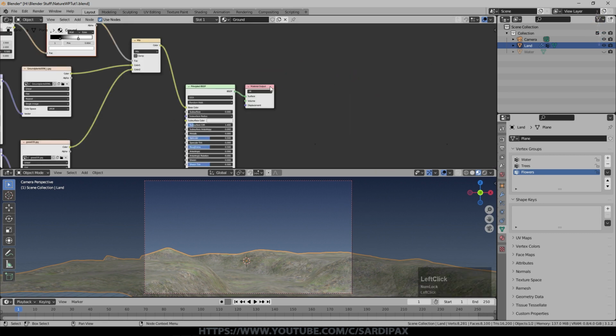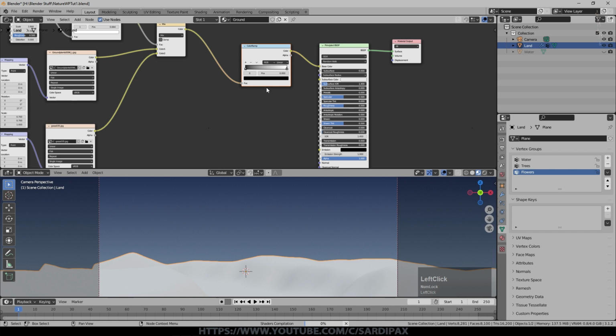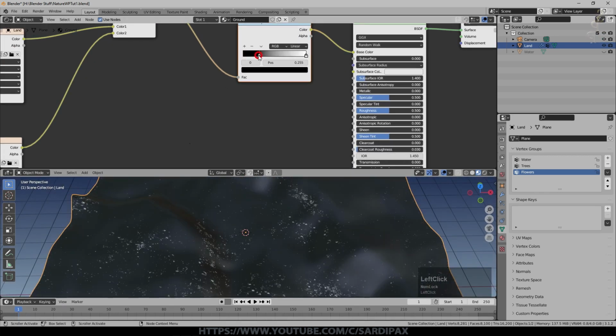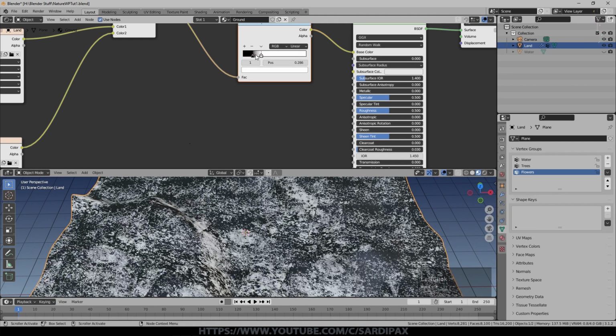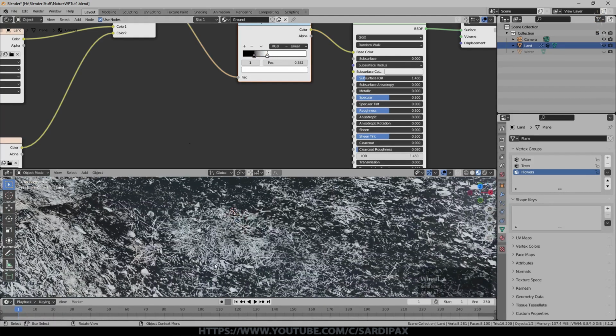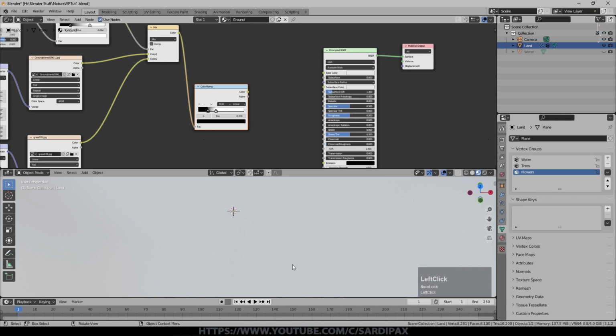So that's given us a basic color, but we need a bit of texture on the ground as well. So I'm going to add another color ramp and just put that in there for a moment. That will turn it black and white. And then I'm going to narrow these points in, and I'm really just looking to select for parts of the texture that I think will give me interesting bumps and lumps. So if we zoom in on that, you can see we've got bits of grass or pine needles, whatever they are, and that's now highlighting them. I'm going to disconnect that from there now, just leave it mid-gray.